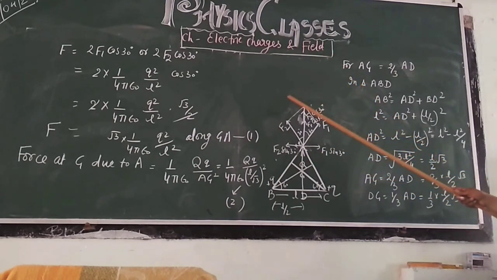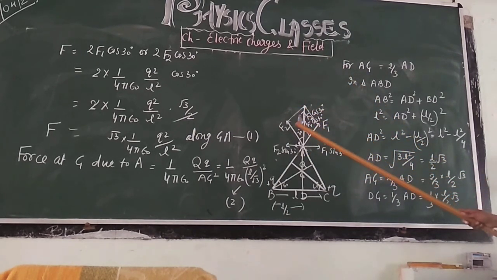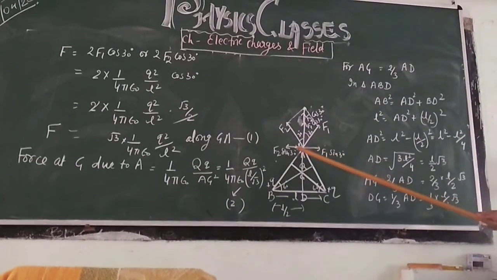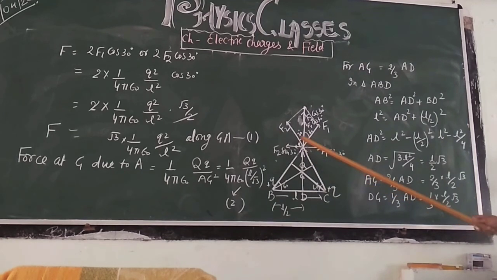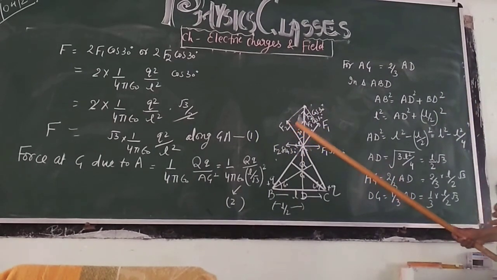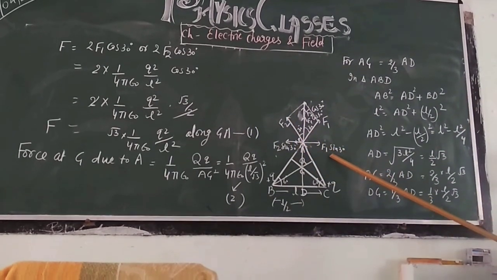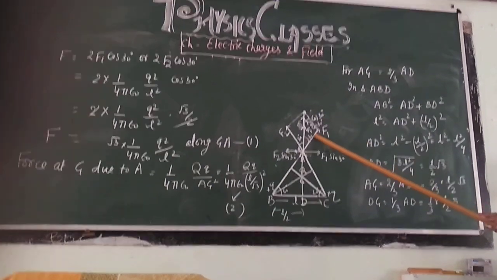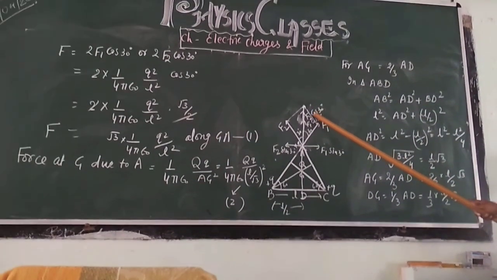As earlier, we have the formula of force for F1 and F2. This is 1 upon 4 pi epsilon naught q square upon L square. F1 is along B to A and F2 is along C to A, that is, away from B and away from C. Now the total force will be F equal to F1 plus F2. F2 sin 30 and F1 sin 30 are equal and opposite to each other. Therefore, the resultant force will be F2 cos 30 and F1 cos 30, because F1 and F2 are both